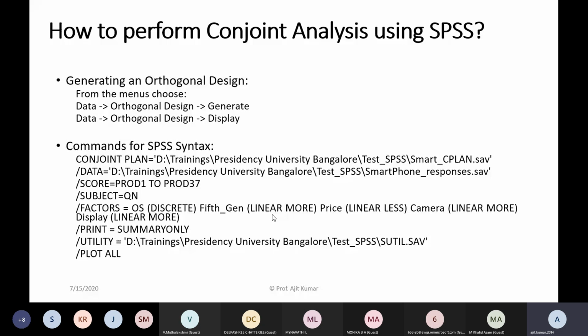So we give this instruction: linear more means this is preferred more if the technology goes from no to yes. Then price: the expectation is always that we get the maximum number of features, a better product at low cost, low price, right? Whenever we rank price into low, medium, high, we inherently consider that when price is less, it will be more preferred. That's why we are writing linear less here.